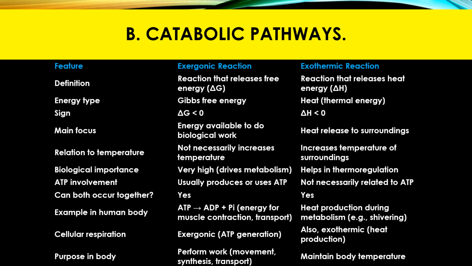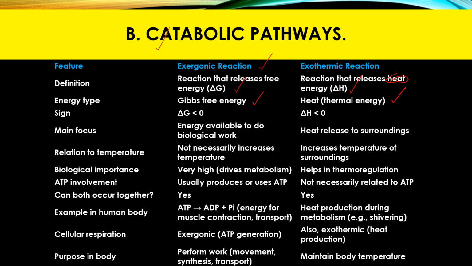Before discussing the catabolic pathways in detail, we will first examine the exergonic reaction and the exothermic reaction, because at different points the book has used these two terminologies. First let's clarify these two terminologies. By definition, an exergonic reaction releases free energy for the utilization of the cell especially. An exothermic reaction is represented by delta H, and that is the energy which is released as heat from the system. Delta G is also known as Gibbs energy,